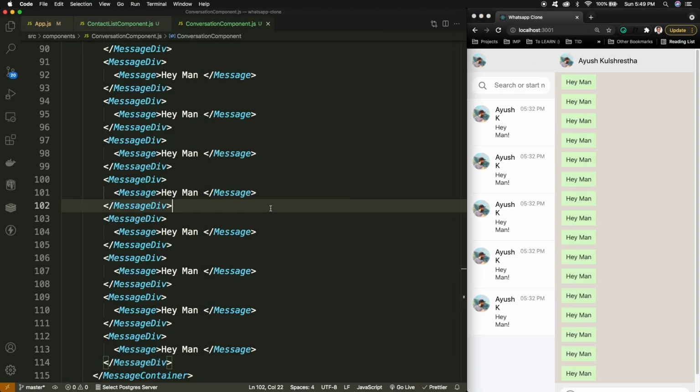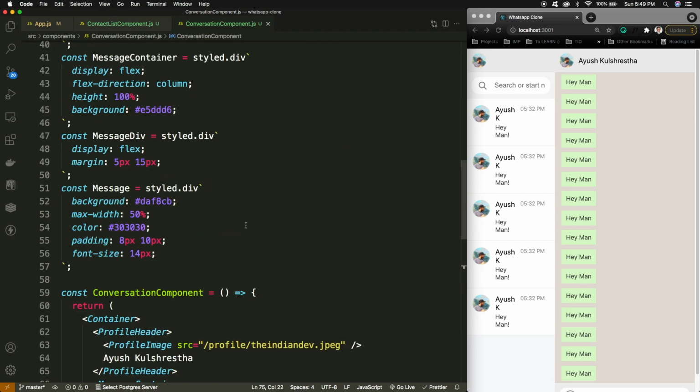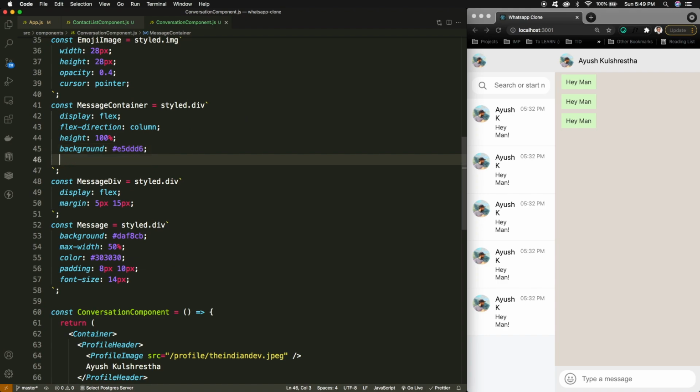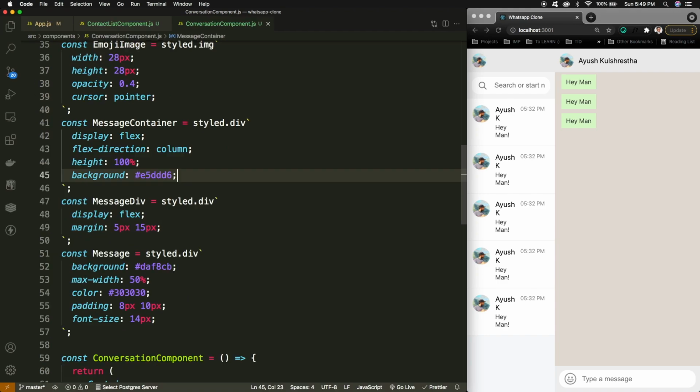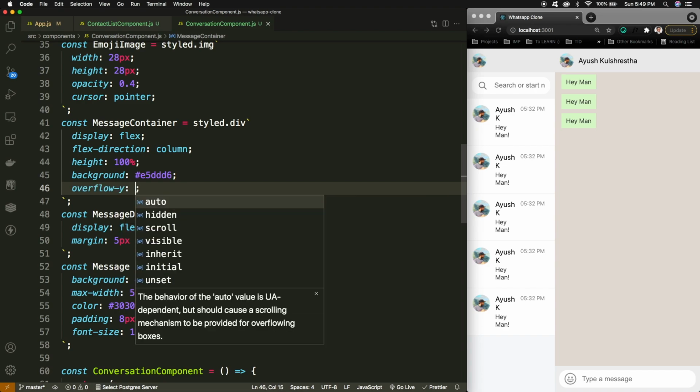For that, I can simply go to the message container and make the overflow-y auto.